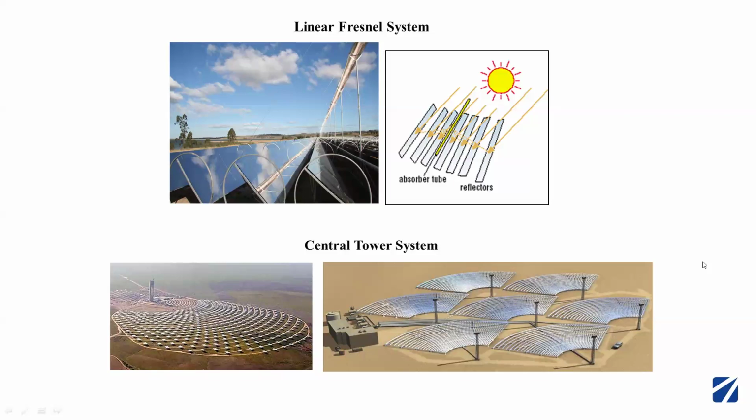The total radiation reflected by all these heliostats is arranged in such a way that it is reflected onto a central tower, where at the top of the tower a working fluid is kept, and it gets heated up. This fluid, or steam as we call it, is used to run the turbine and then generate electricity. So there are a few disadvantages with these central tower systems,